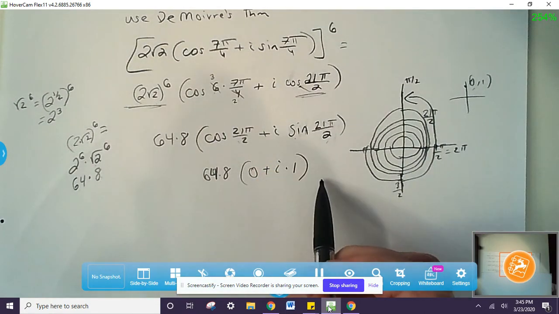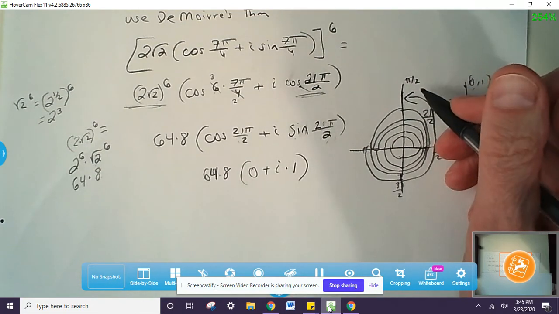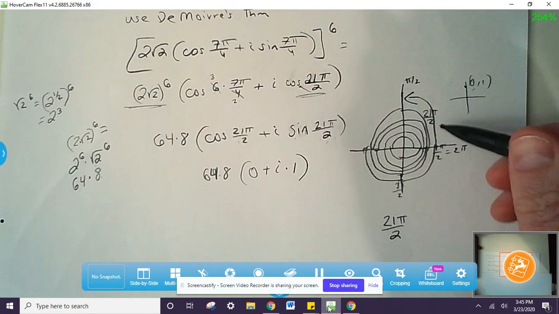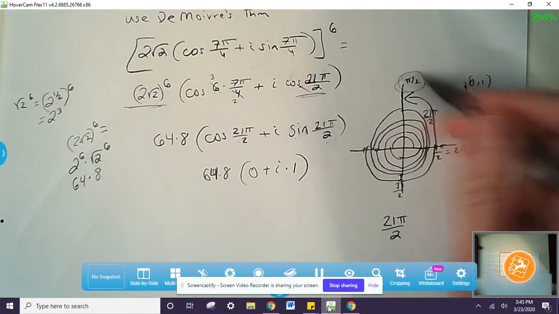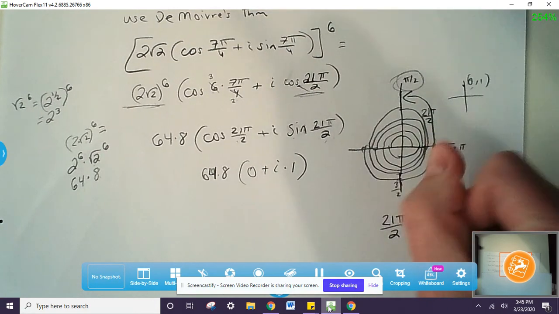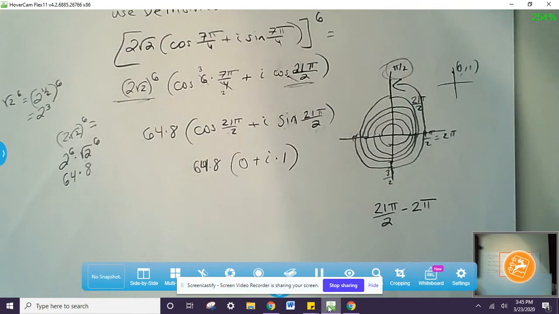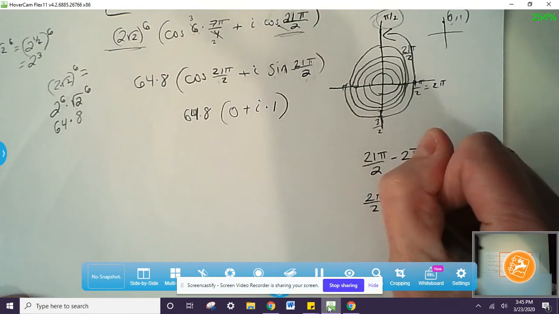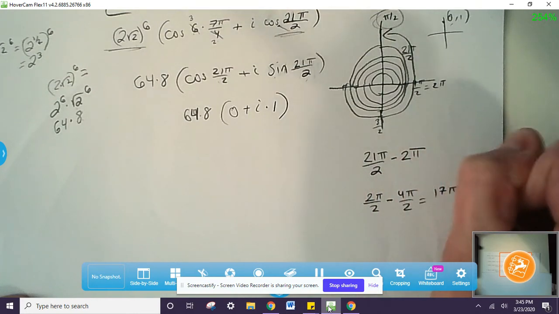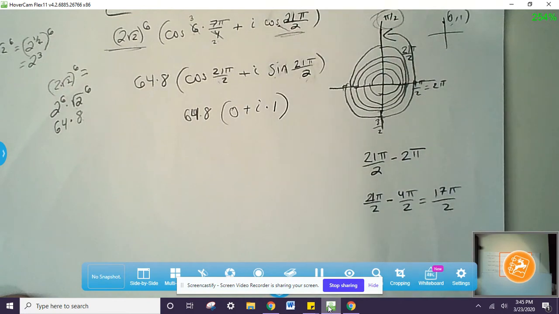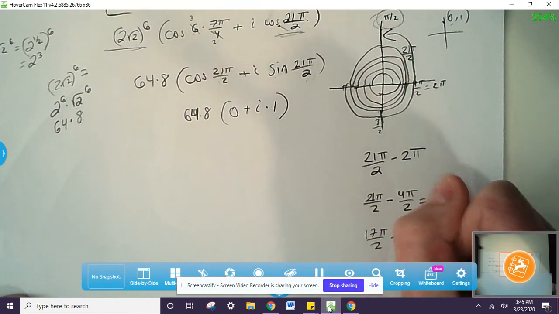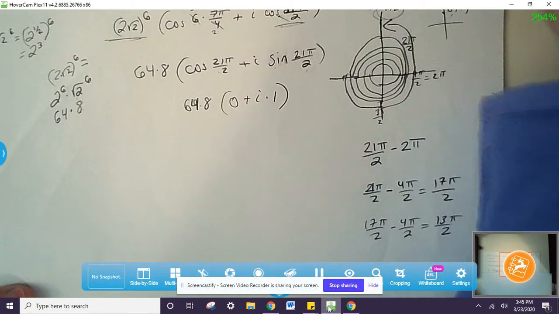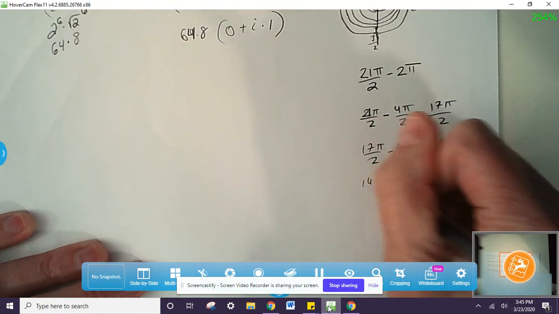Now we're going to finish this problem in just a moment, but another way to do this, for those of you who did not want to sketch 21 pi over 2, because it's a lot to keep track of, we needed to find something that was coterminal. So to find something that's coterminal, you can subtract 2 pi, and you can subtract 2 pi as many times as you want. So if I do 21 pi over 2 minus 4 pi over 2, I get 17 pi over 2. And then I can subtract 4 pi over 2 again, because I can keep subtracting 2 pi as many times as I want. It's still quite a bit of work,